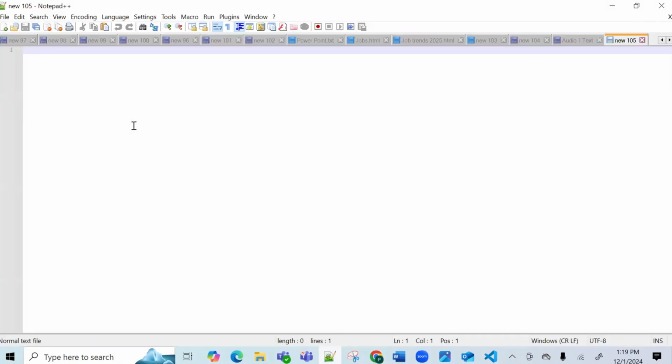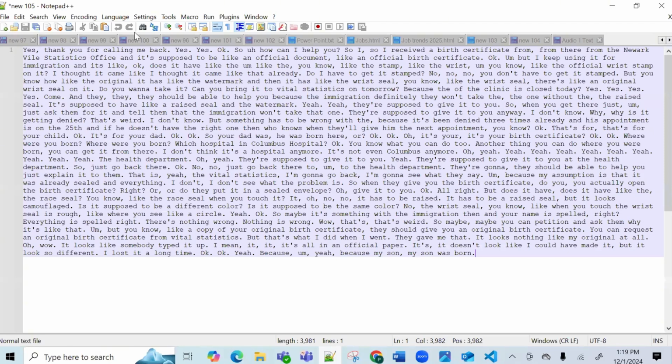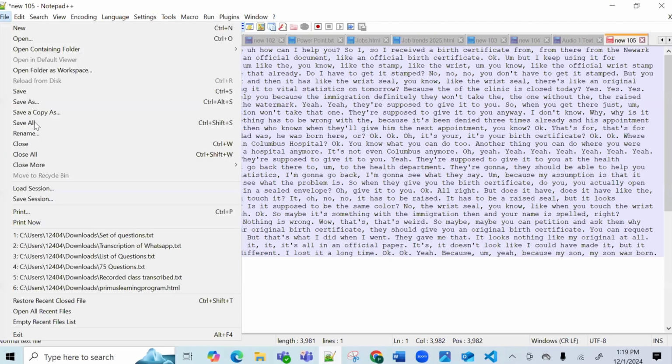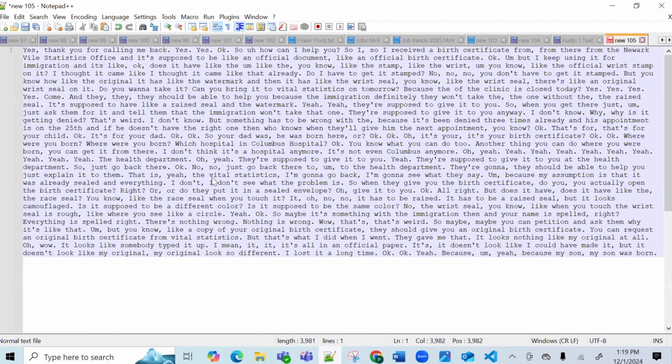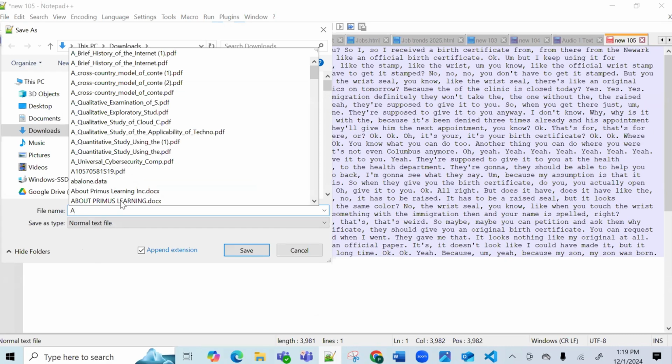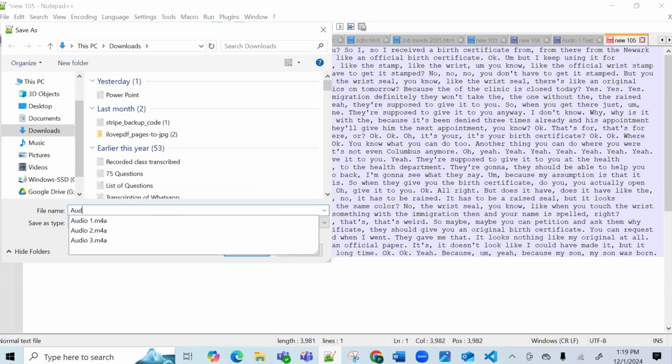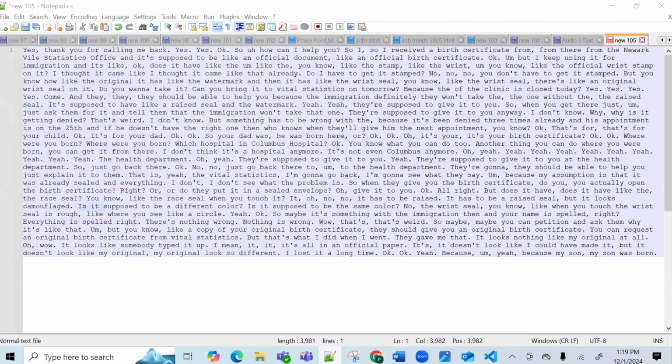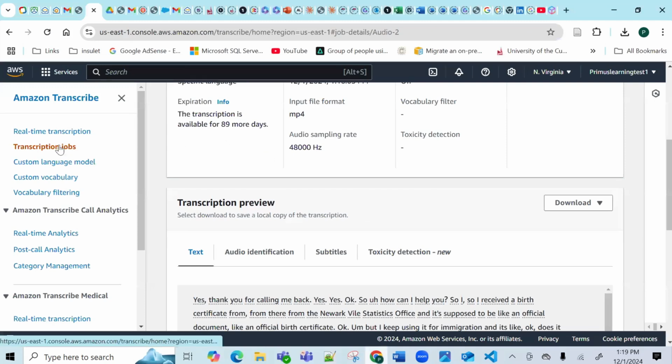Just come up here and paste that and save it as audio 2 text, like that. Save. Go to the third, same thing, download the third